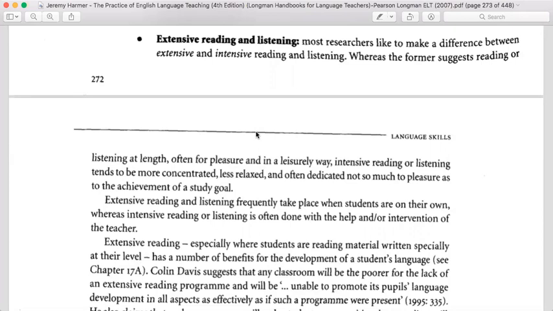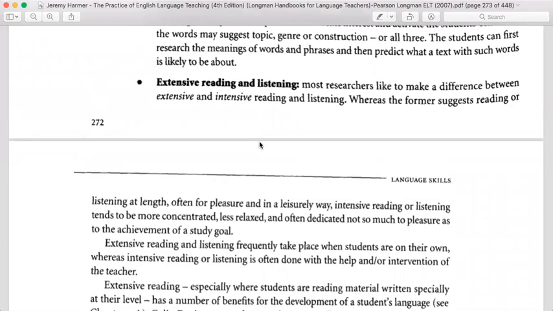So you can watch movies. Okay, the teacher can recommend you movies. The teacher can recommend you songs. Okay, the teacher can recommend you plays or dramas in English. All of these would come in extensive listening, right? So these can be given as homework, as assignment, and then any activity that would be related to it can be brought to the classrooms, or students can be assessed with that.